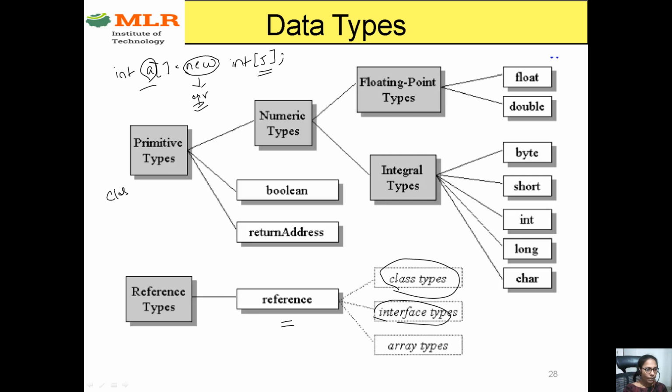Now, for example, I am declaring a class with some data and methods, but as we know, a class doesn't have any physical existence, so I need to allocate memory for that by creating an object. So A ob = new A(). Now you are allocating memory, and here ob you are calling a reference. So this reference is nothing but creating a reference for your class type or interface type or array type. So these are the different data types which are available in Java.